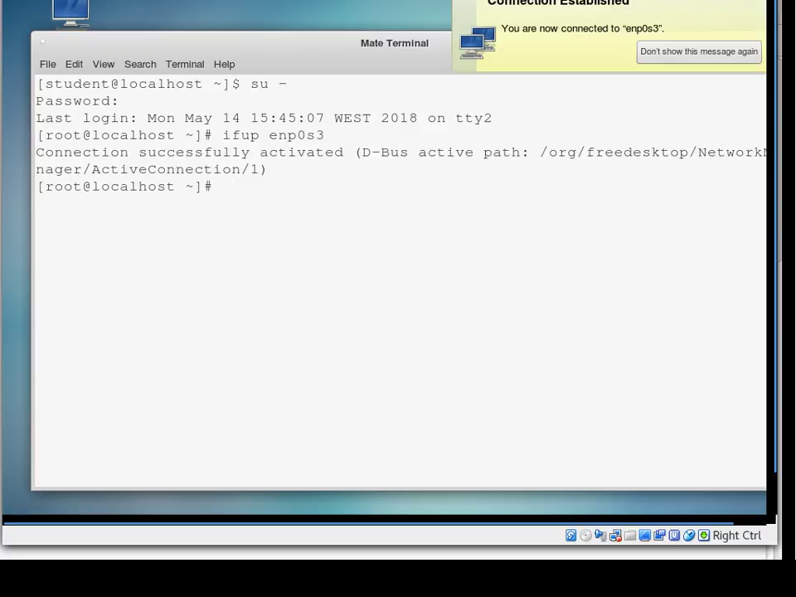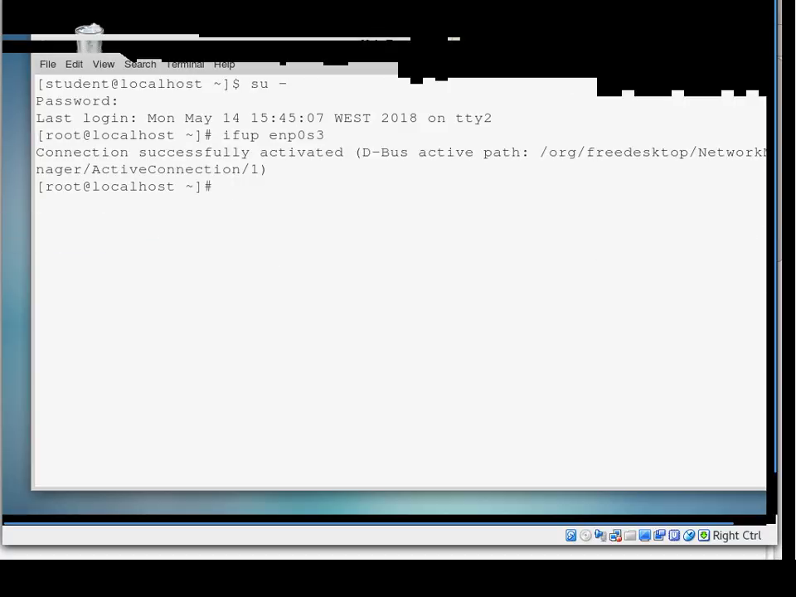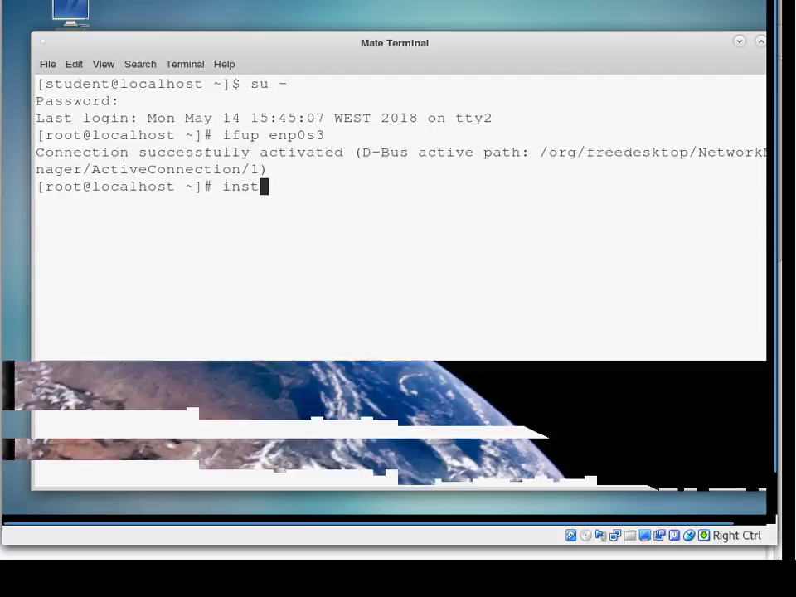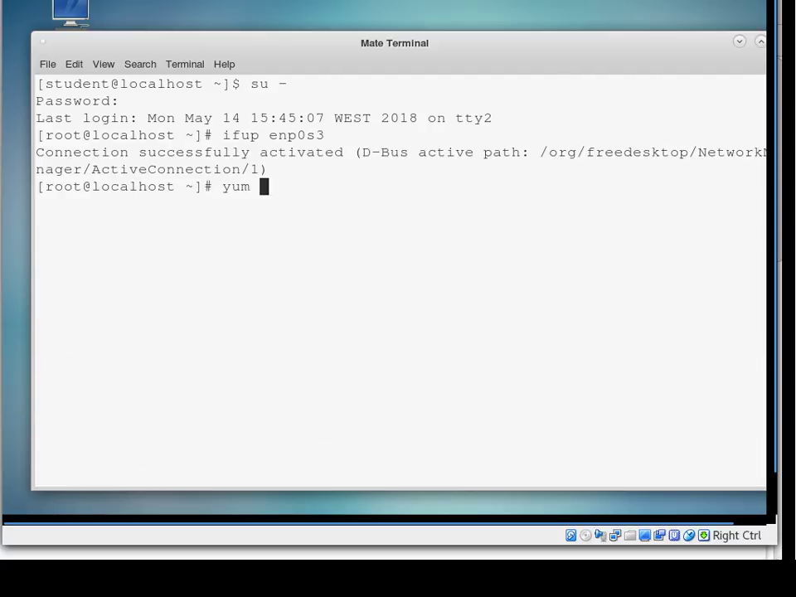First, the interface enp0s3 is now activated, and we have the icon here. This desktop configuration is from MATE, and now we're going to install. yum -y install, and we need to install the group, GCC, and we also need to install other tools. So we install the GNU C compiler,